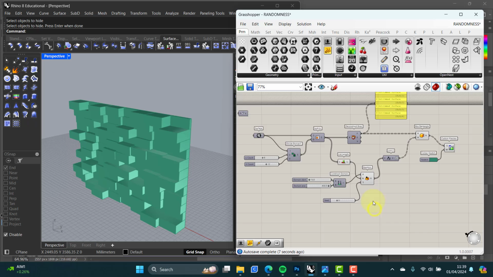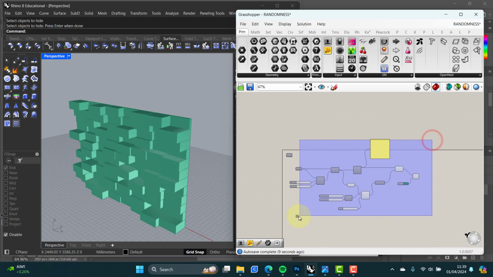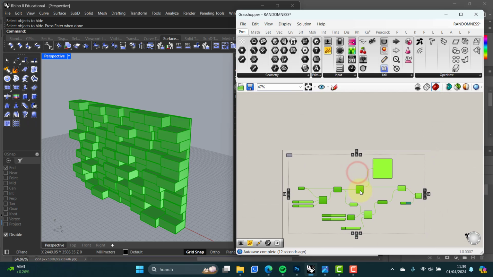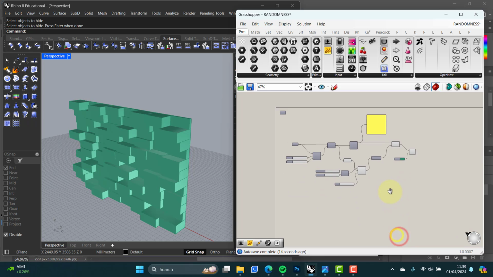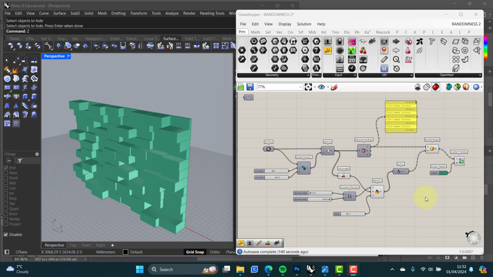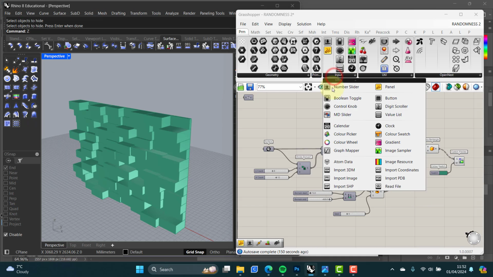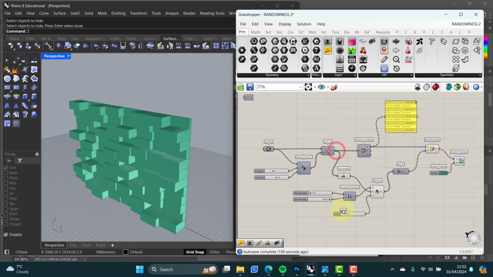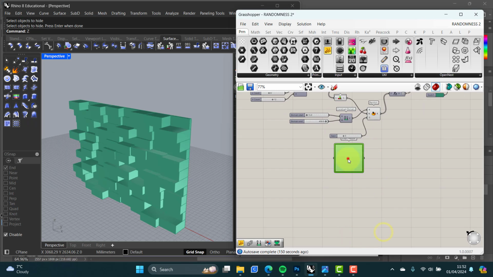Okay, so that's the main example finished, but I just want to take a little diversion. While I've got your attention, I'll show you another way of generating numbers, but they won't be random. This will be more of a pattern for the numbers. So if we use the Graph Mapper, let's place it here, let's pull this down a bit,